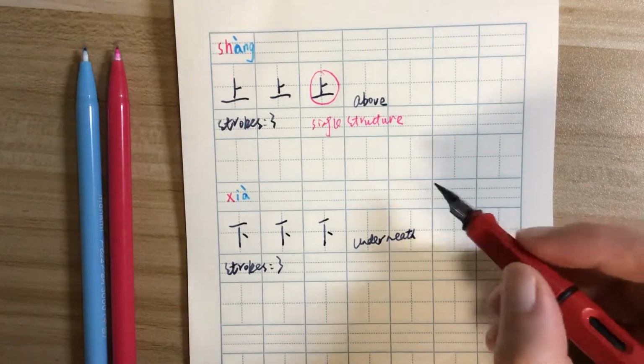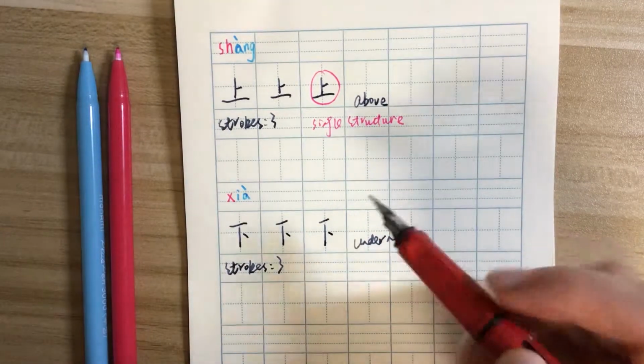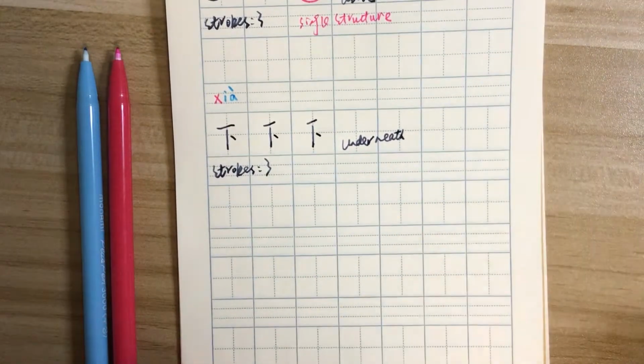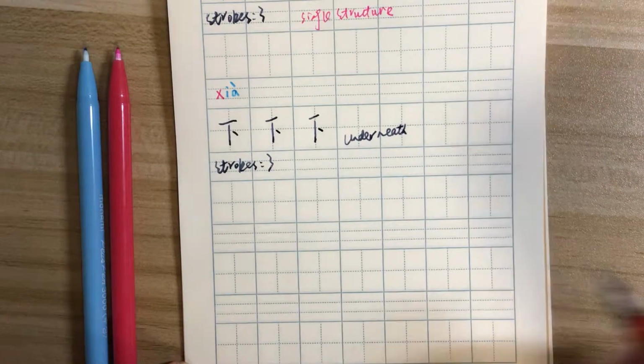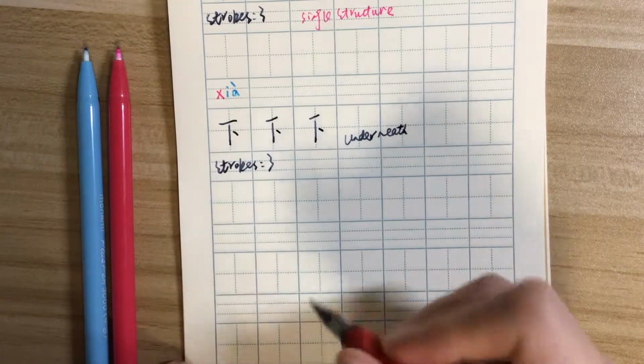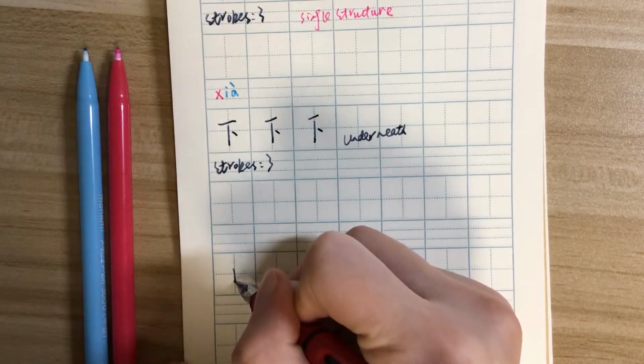Now I'm going to use those two characters to form some vocabulary. The first word I'm going to write here is 上面. It means above or on top. 上面